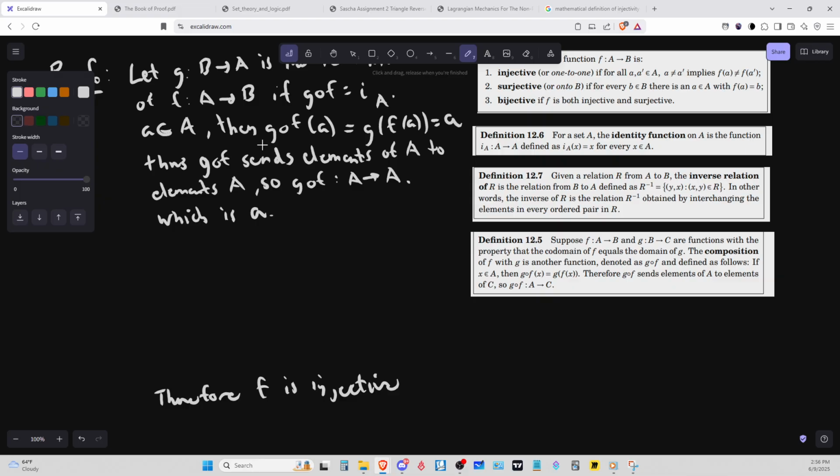Okay, so we got the left inverse proven up here. Now use the definition of injective function. Okay, so let's see. If for all